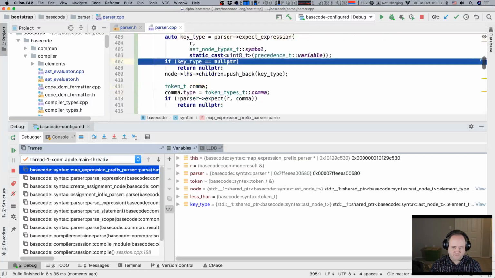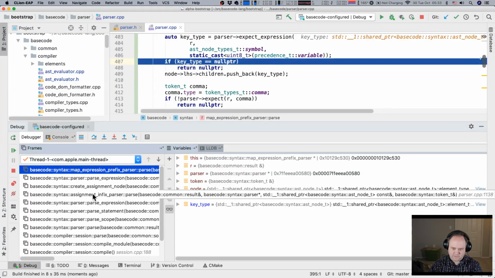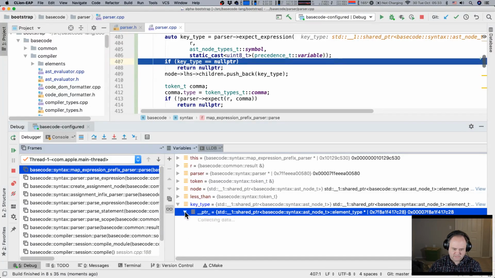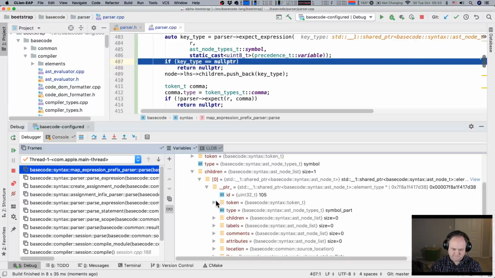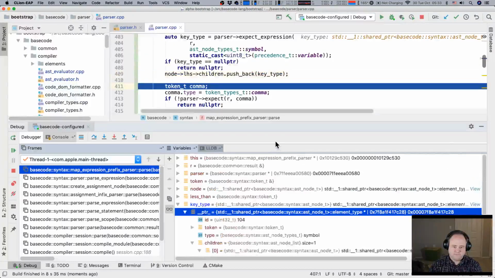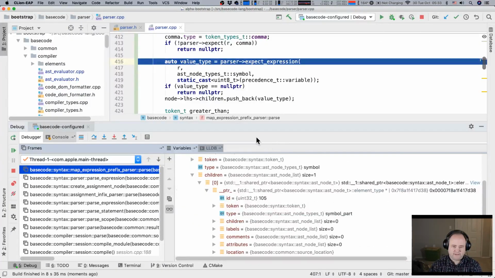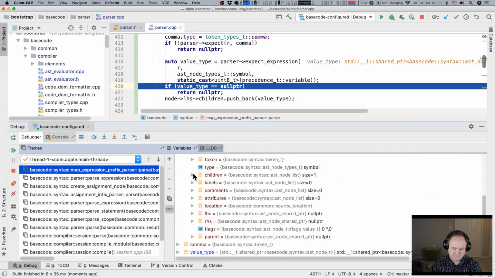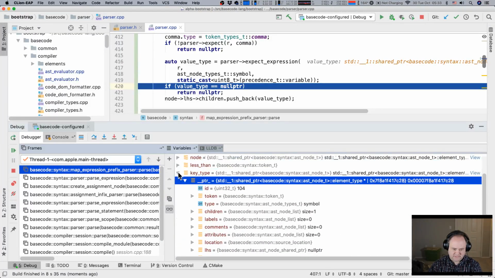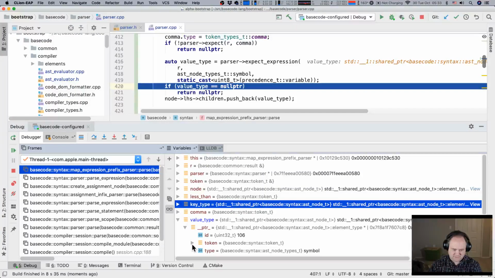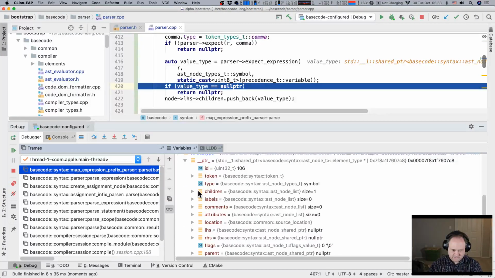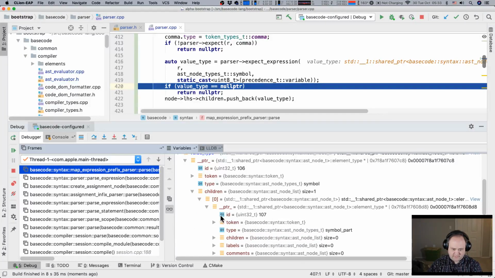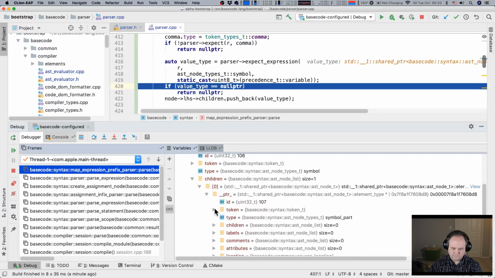Okay, do we get a key type? We do, which should be string. Yeah. Yes, sir. Okay, we've got a comma. Then we expect another one of these. And that should also be a symbol. Good. Yeah, now it's parsing properly. Always good when that works. Yep. Okay.